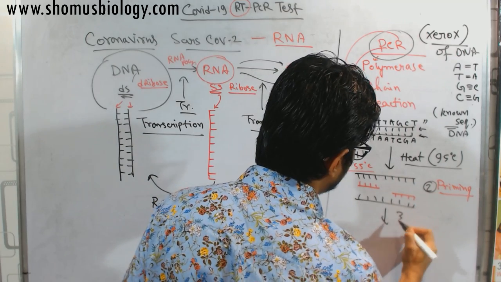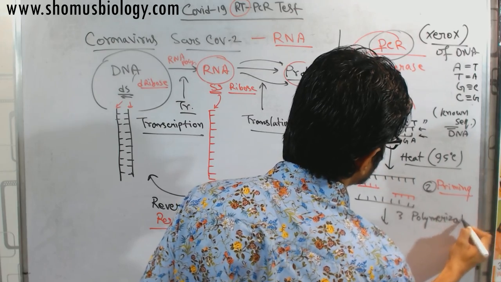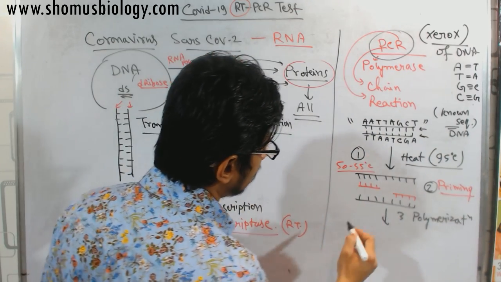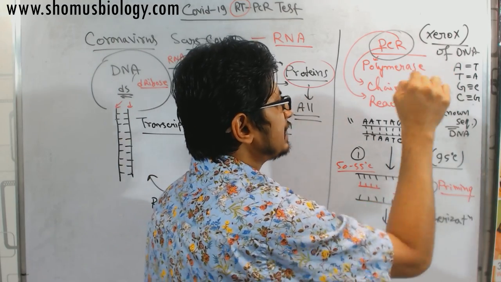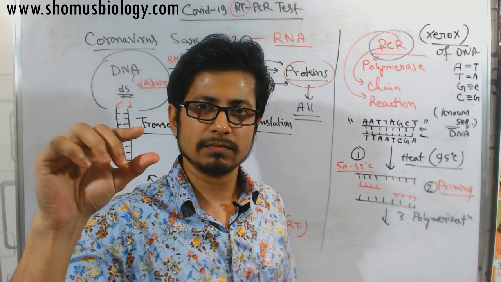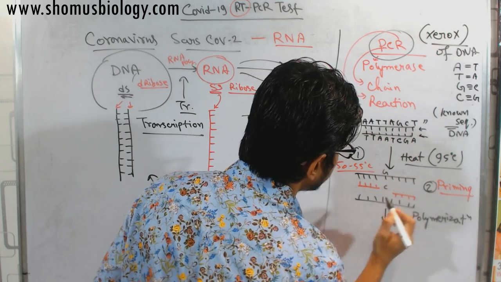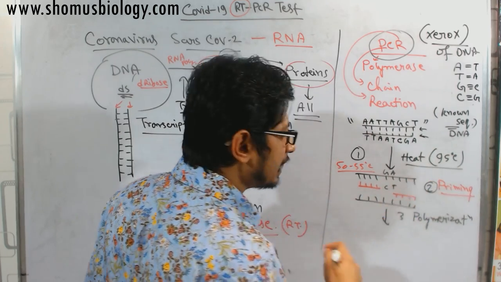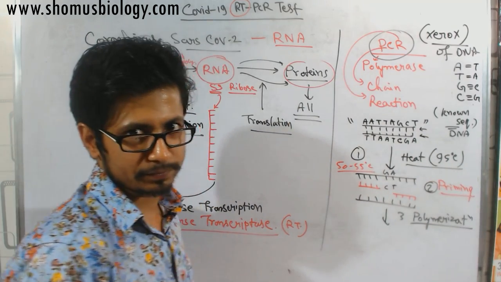The step number 3 now is polymerization. Polymerization means what will happen now? We will add plain ATGC into the reaction mix. Single letters, so that whenever there is a G, C will go and bind with it. Whenever there is A, T will go and bind with it. This way they will bind, and this is known as polymerization. It will be catalyzed,